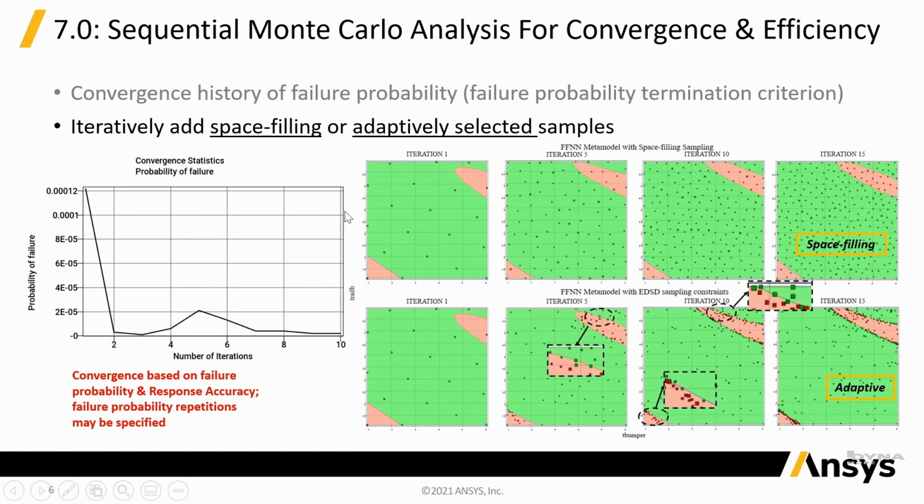So we have two examples here. At the top, we have sequentially added samples that are space filling. So you can see that going from iteration 1, 5 to 15, the density of the samples increases, but it stays